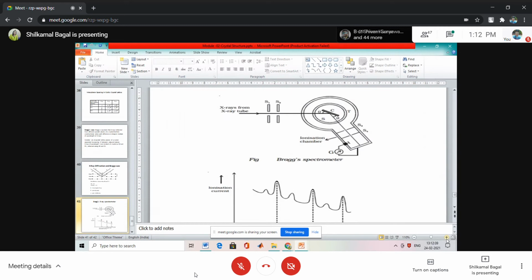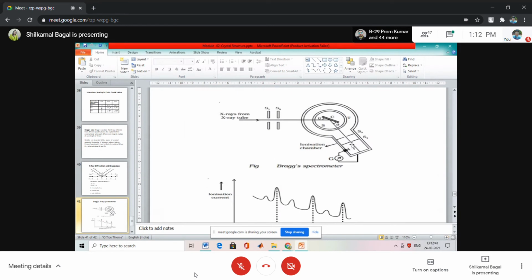This is the ionization chamber. It is filled with a gas, and there are two electrodes, and in between the two electrodes the galvanometer is connected. Now, what is the function of the galvanometer? You have studied the galvanometer. It shows the flow of current. Yes, correct. It detects the flow of current. So this galvanometer is connected in between these two electrodes, which are inserted into the gas that is filled into this chamber.